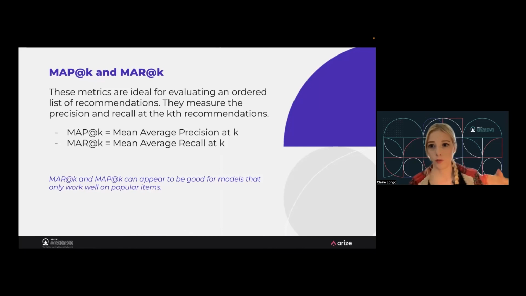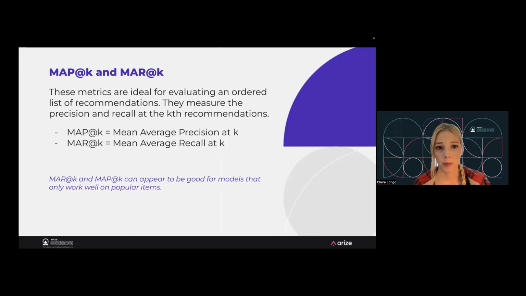So are your most relevant items really at the top, or does the relevancy go down as you get further down the list? So they're both great. MAP at K is kind of parallel to precision. MAR at K is parallel to recall. K is adaptable. You can do a list of 10 items, or 5 items too. These are always where I start, especially MAP at K. I always use that to evaluate my ranking algorithms, but it should be done carefully because I don't think they tell the whole story.